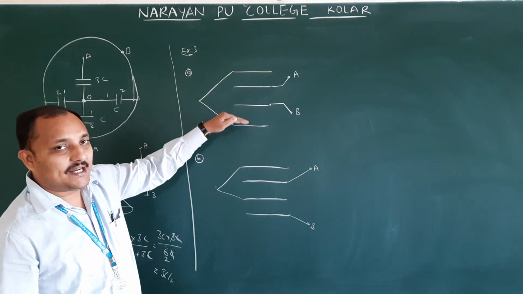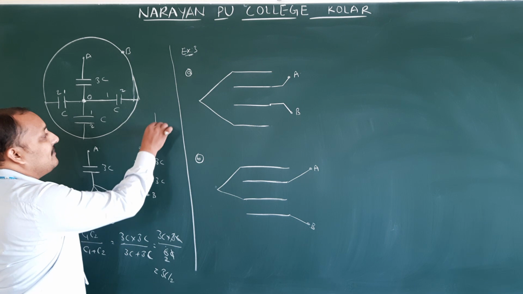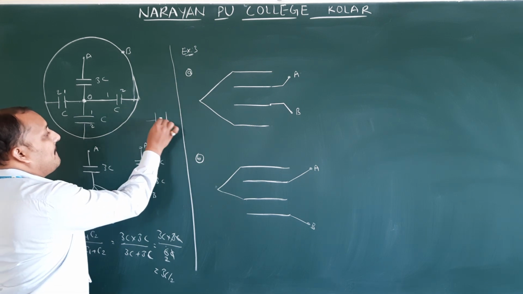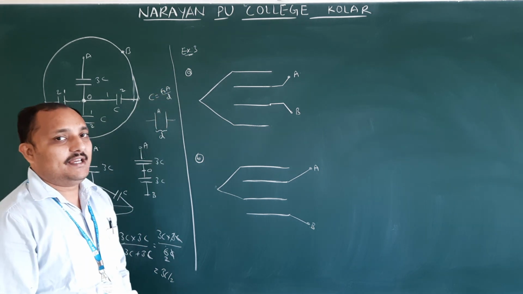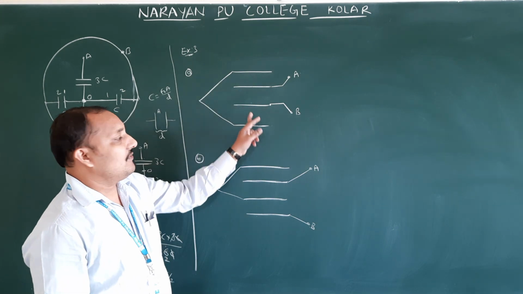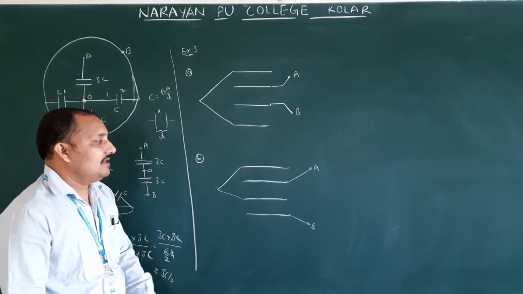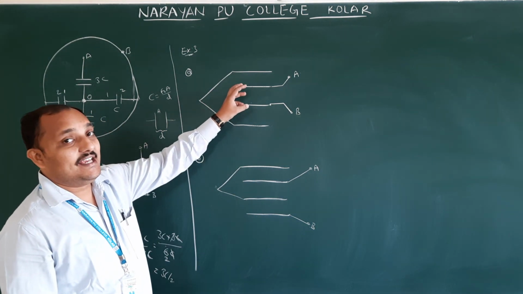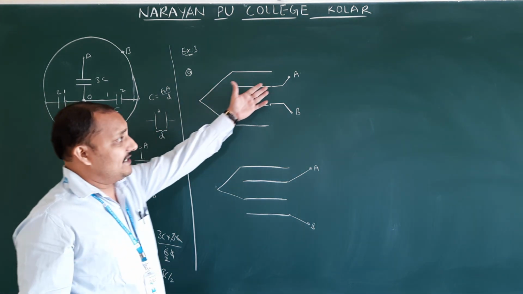In this, how many plates are there? How will the capacity come in this? We came to know that two plates separated by some distance D, the capacity formula is C is equal to epsilon naught A by D. In this question there are 1, 2, 3, 4 plates, all separated by the same distance, and each plate has the same area. Then how are we going to solve? They are asking for the equivalent or resultant capacity between A and B. In the following diagram, the area of each plate is A and D is the separation between adjacent plates. Find the capacitance of the system between points A and B.